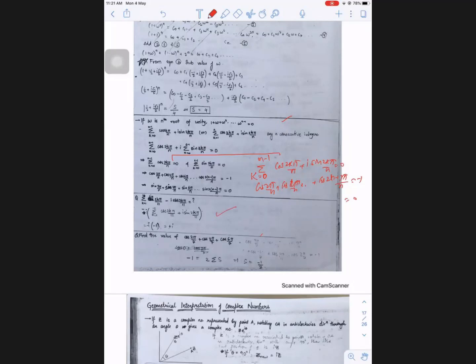So if they are asking any question like this, where k value is from 0 to n minus 1 and denominator n is there, something like sigma k equal to 0 to 99 or 1 to 99, anything they can ask. But if the question has cos 2k pi by 100 something, that means the question is related to nth roots of unity. Here n minus 1 is there, here 100 is there, like this. Those problems you can solve by using nth roots of unity, with these steps.